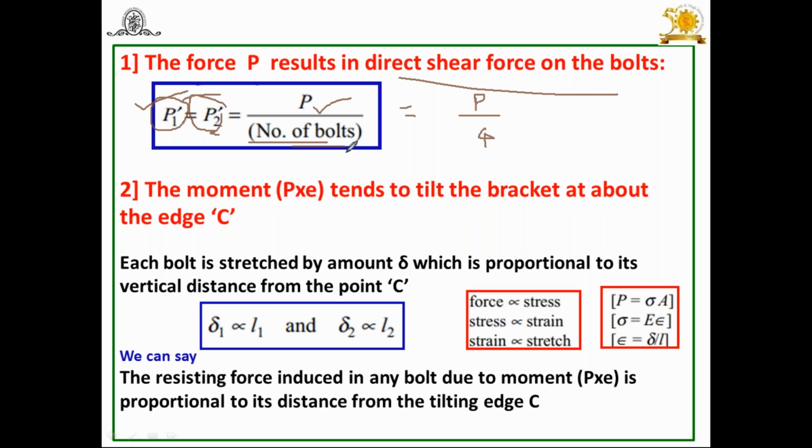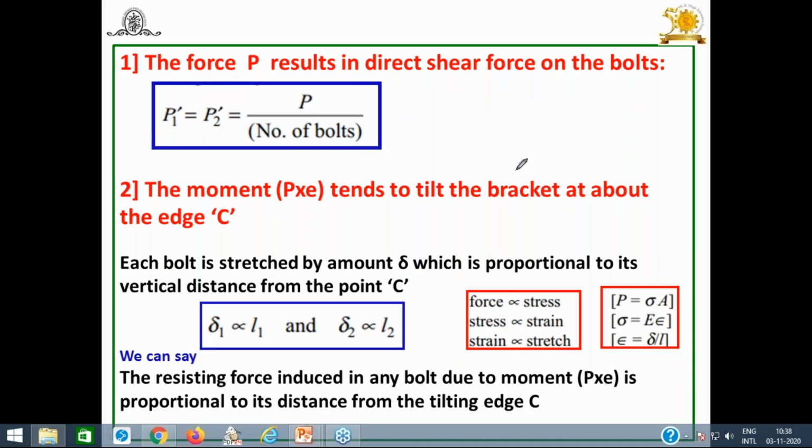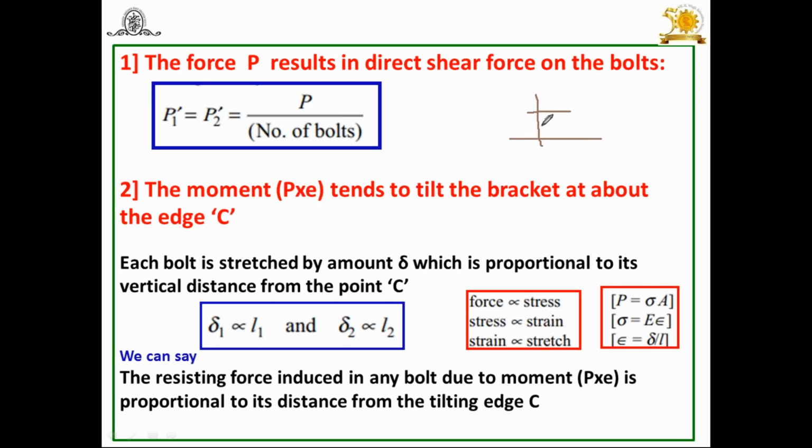And why are we dividing by the number of bolts here? Because all bolts are identical. We are making the analysis simple. Then the second case: here these are the bolts and the brackets subjected to load P, and this here is the